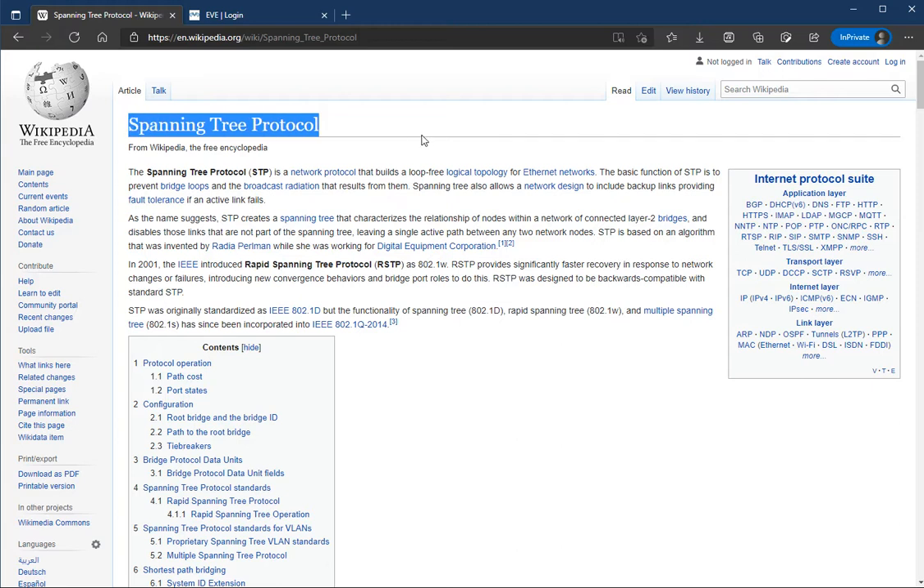गाइज आज के सेशन में हम डिस्कस करेंगे स्पैनिंग ट्री प्रोटोकॉल। राइट, this is a layer 2 protocol that we use to avoid loops in the network. So as per Wikipedia, the definition of a spanning tree protocol is it's a network protocol that builds a